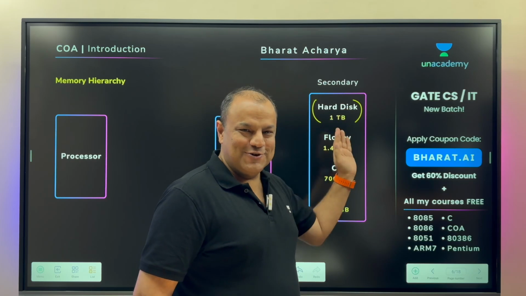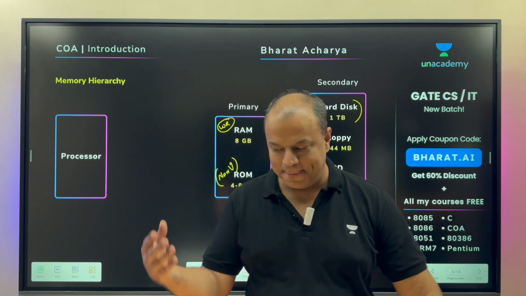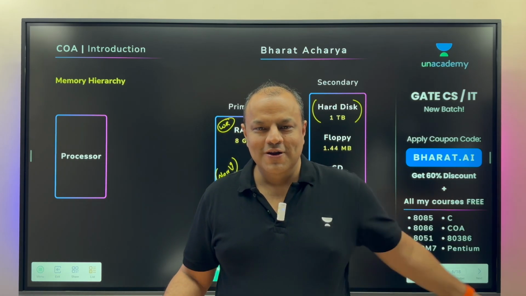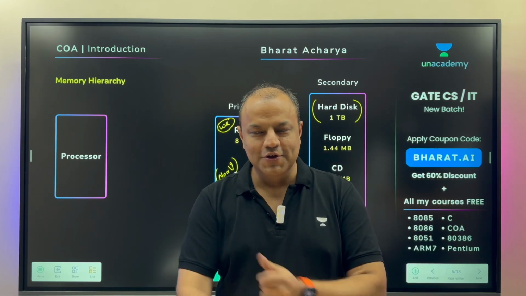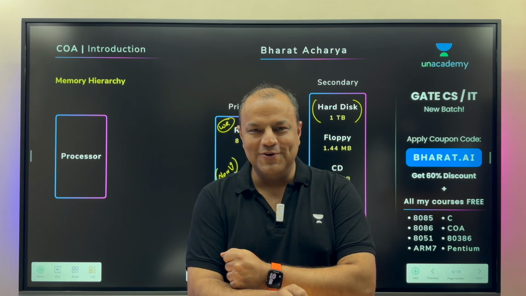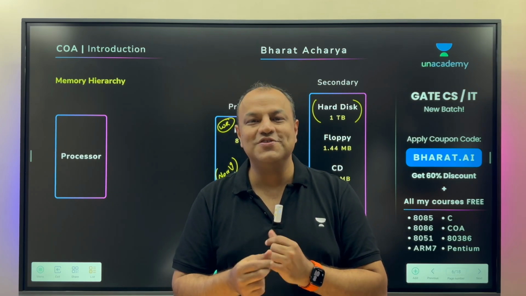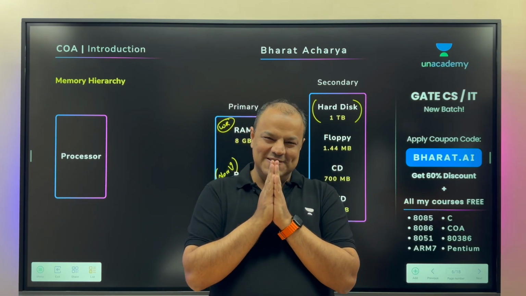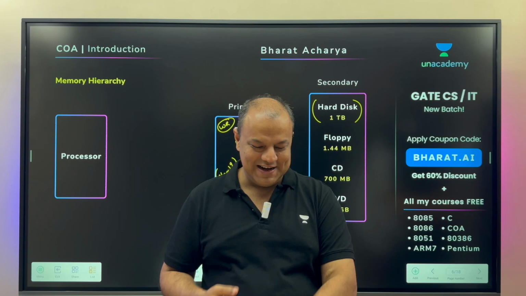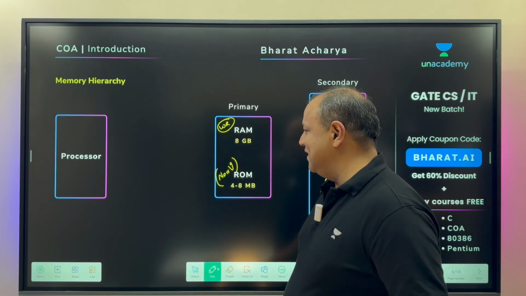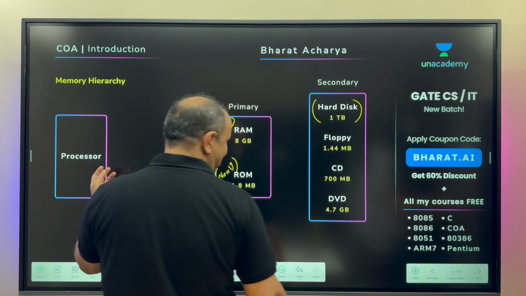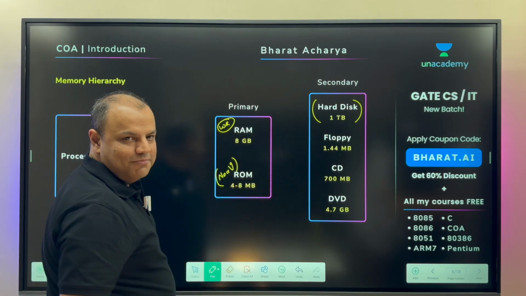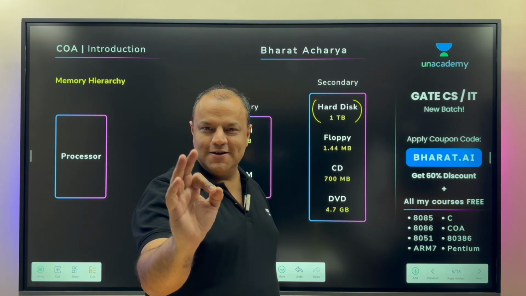So this is used for storage. This is like your bag, and your RAM, your primary memory, is your desk. What you want to work on comes from your bag onto your desk. Your operation happens on the RAM, and because it happens on the RAM, it happens extremely fast. These are chip memories, those are disk memories. Is the difference clear? Is the concept of primary and secondary memory clear? So keep this in mind: your processor never directly works on secondary memory. Are we clear? Crystal clear?